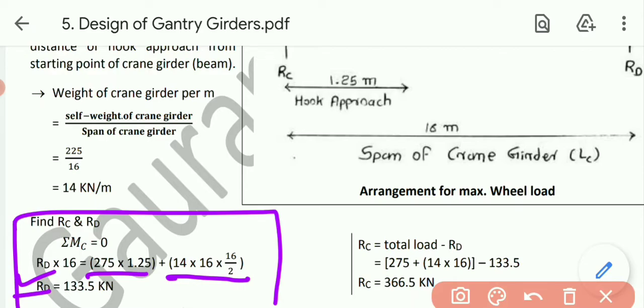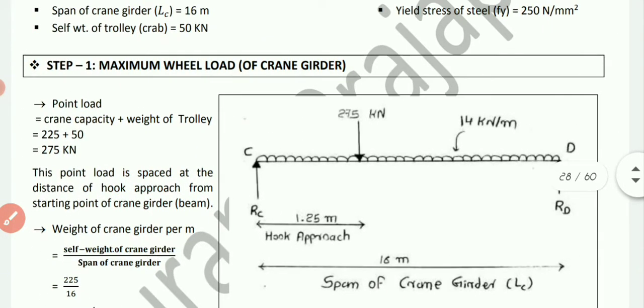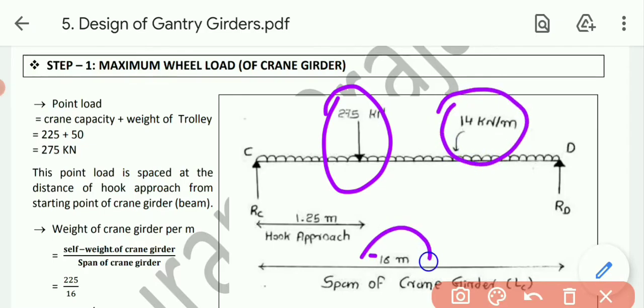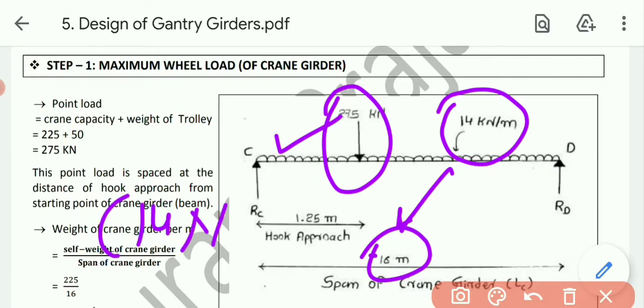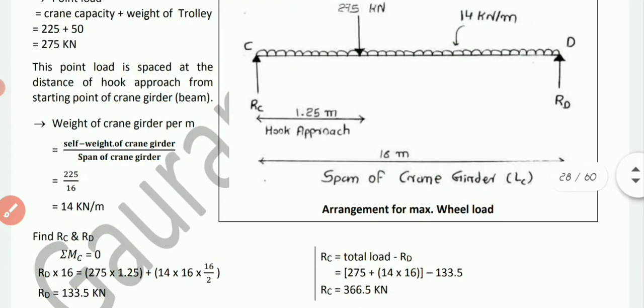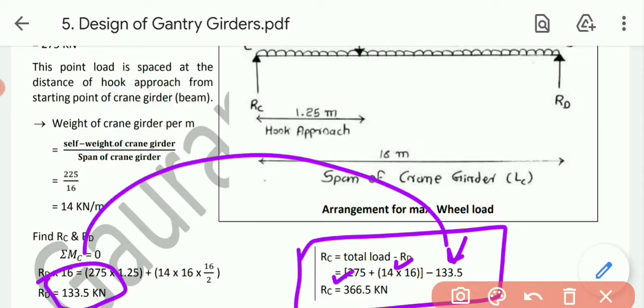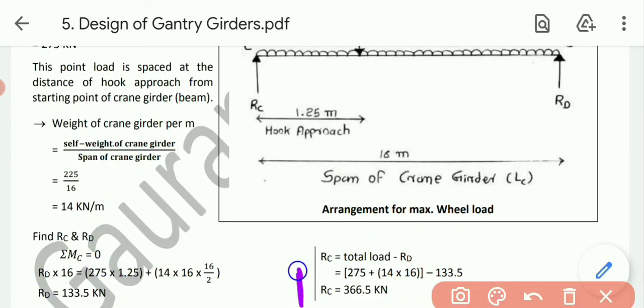Once we get RD, now we need to calculate RC, that will be total load minus RD, or we can use the condition sigma V. So total load 275, and this 14 kilonewton per meter is acting on the 16 meter span. So total load will be 275 plus 14 into 16. Then deduct RD from that, and we will get the value of RC. We have done the same thing over here. RC is total load minus RD: total load 275 plus 14 into 16, minus the value of RD. So ultimately for RC we will get 366.5,